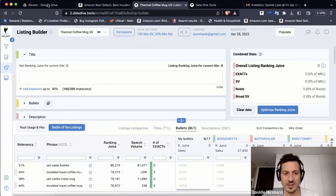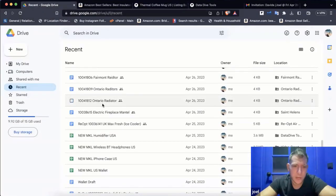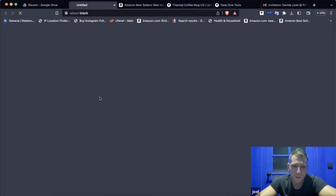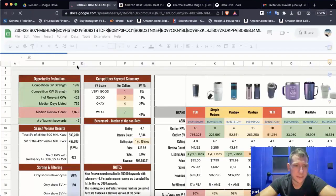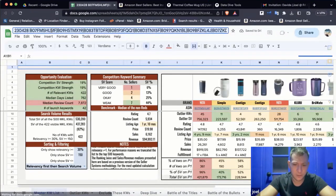We download this, it's an Excel file. So now Joel is gonna explain to you how to do that. Go. So it should pop up in your recent Google Drive. It'll be some crazy long number and you can edit the name. But yeah, we use the Excel version. It's just easier, smoother to, so I'll make new